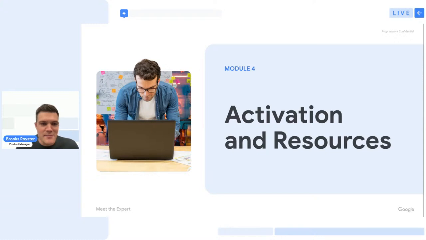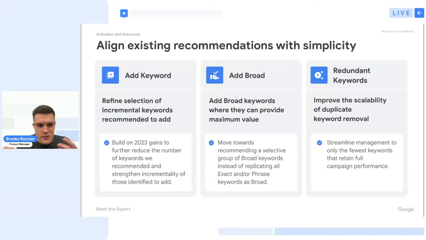So now to move on to some activation and resourcing. You will certainly be familiar with a lot of these existing recommendations. Our goal here this year is really to align these with simplicity and demonstrate how they can be used towards simplification goals. For add keyword, our goal has been to continue to refine how we select these incremental keywords that we recommend for you to add. And building on last year's continued gains towards doing this, this is still a priority for us this year, and we encourage you to use this as a way to select the most incremental keywords